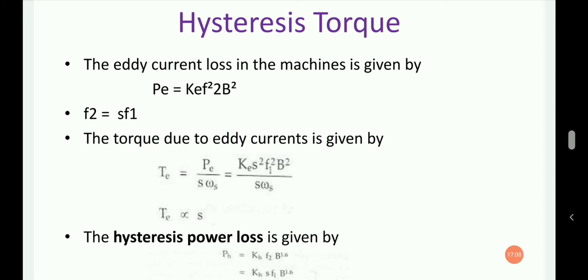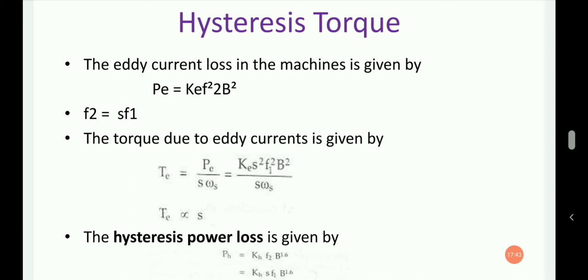Okay, we know that at the synchronous speed condition, there is no difference between rotor speed and synchronous speed. At that time slip is 0. So when the rotor rotates at synchronous speed, slip becomes 0 and the torque due to eddy current component will vanish. It only helps at the start of the motor.